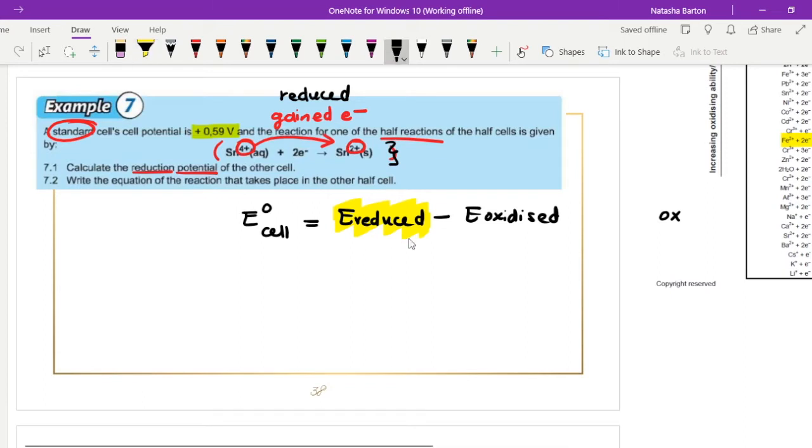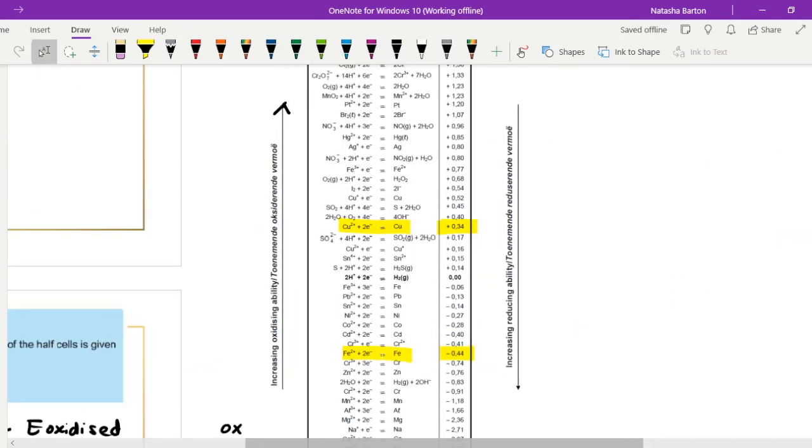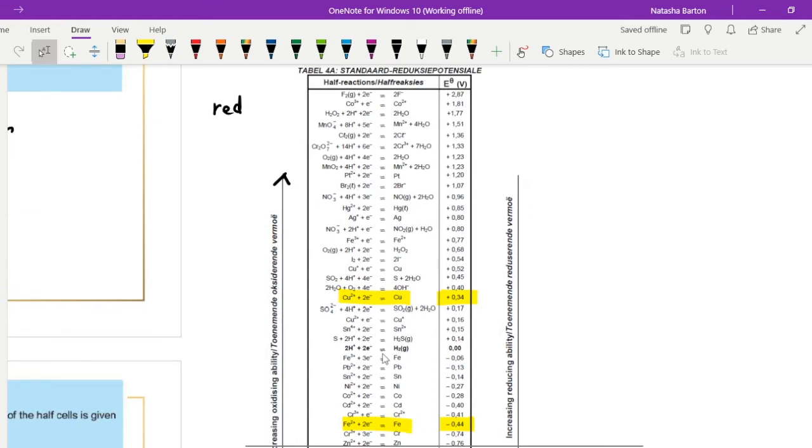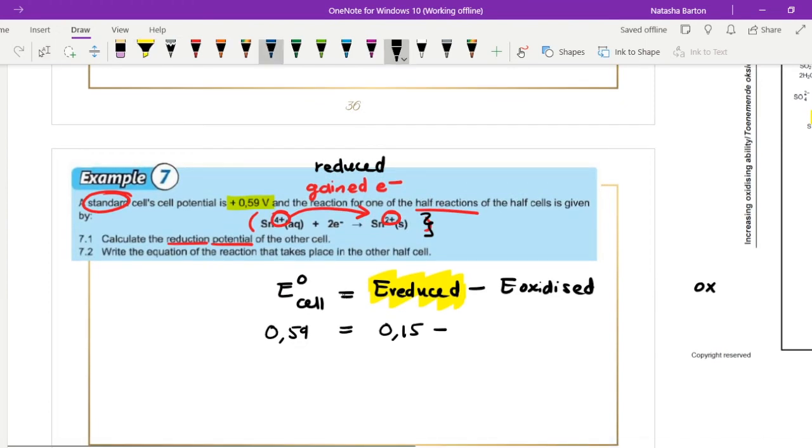So we can start to fill in. We have 0.59 equals. So Sn, we're looking for Sn4 plus. Let's see if we can find it. Here it is. Sn4 plus 2 electrons forms Sn2 plus. And the value we have is positive 0.15. So this equals positive 0.15 minus, and I'm just going to keep it as it is, E